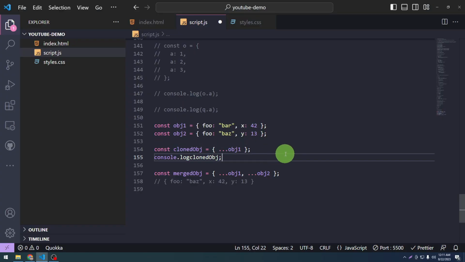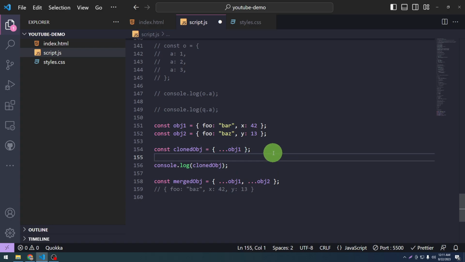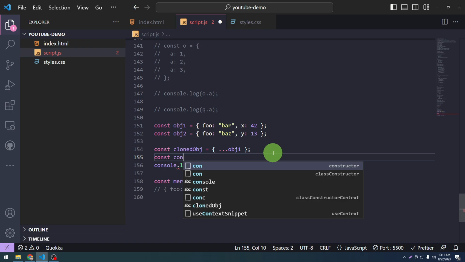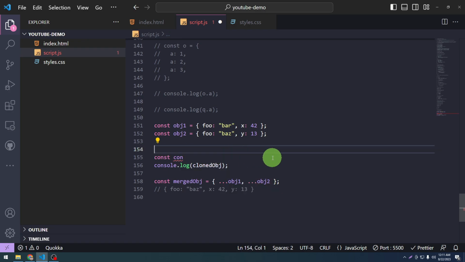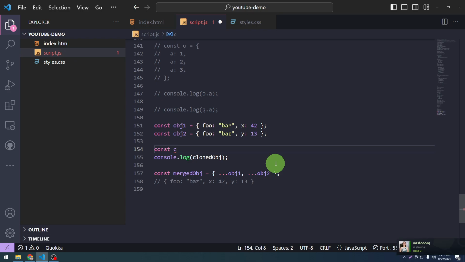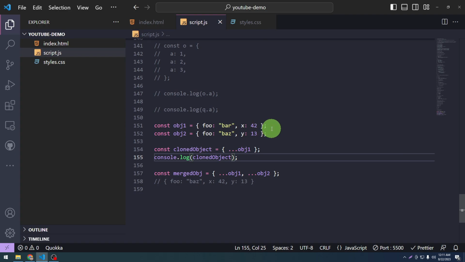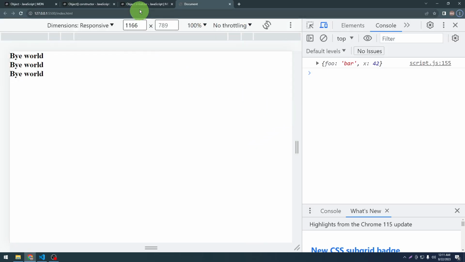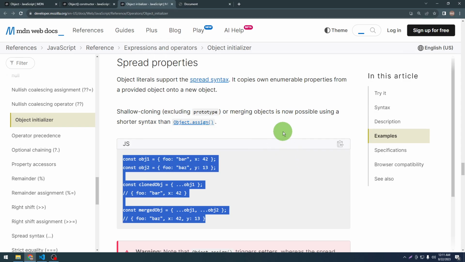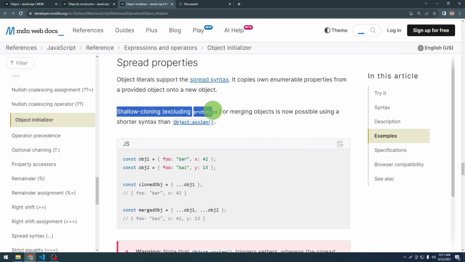Oh, my bad, I need to first talk about how do we clone it, right? So let's write it down, let's not just copy and paste. Cloned object, and we need to do it like ...obj1. So we have copied this object right here, and if we log cloned object, we get the same object as obj1. So essentially we are doing a shallow copy of this, as we can see here, shallow cloning or shallow